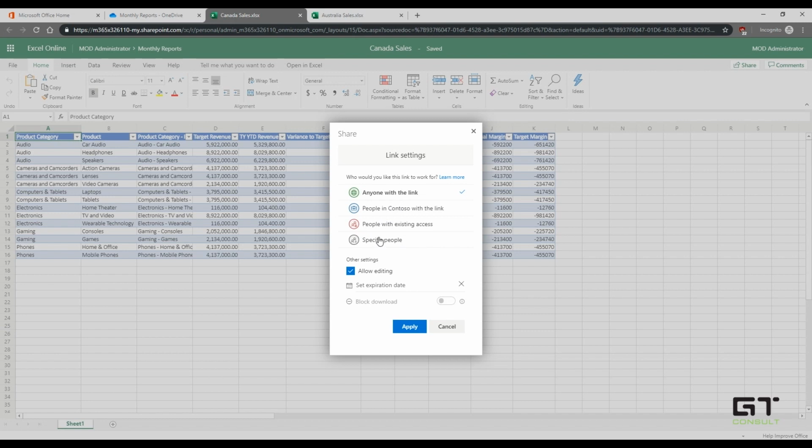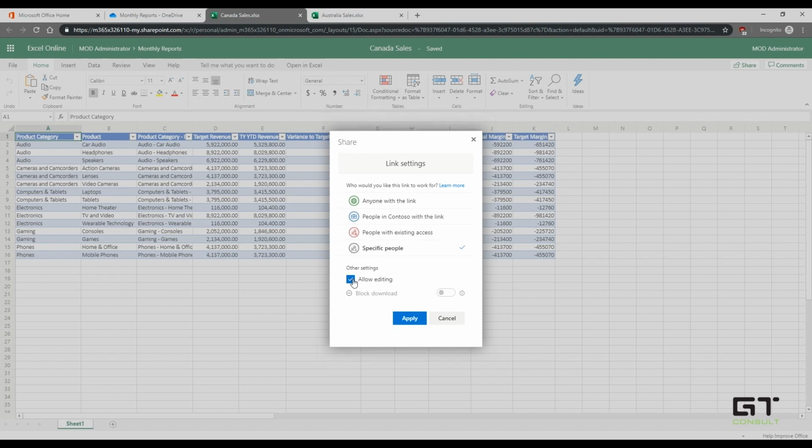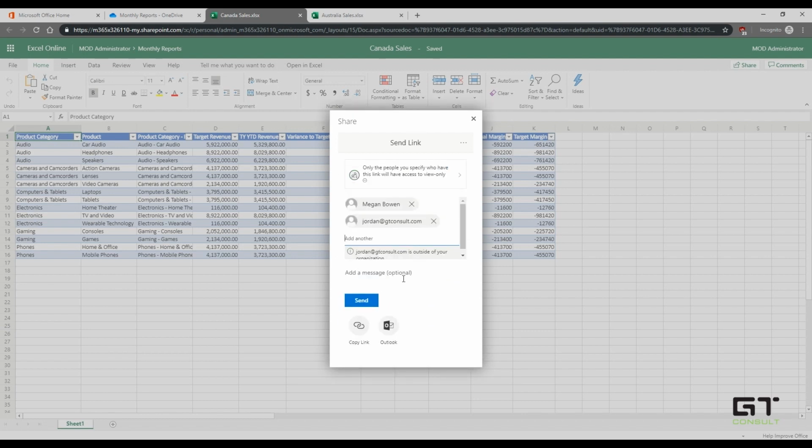So I'm going to change this to specific people, and I'm not going to allow them to edit it. I just need them to review it, and I actually don't want them to download it either. I will apply that, and I can send a message. So, hey guys, please see the latest sales info for Canada. I have the option to select Outlook, which will open up a new email in Outlook,